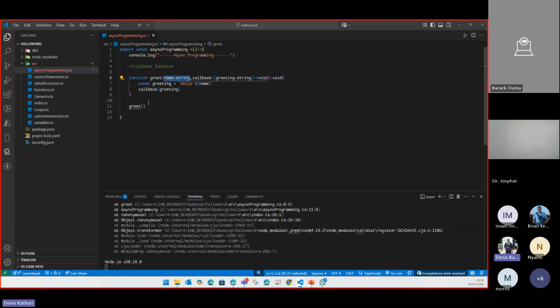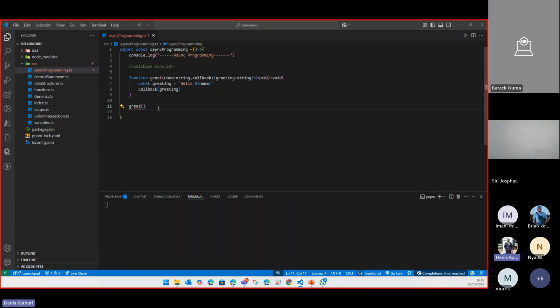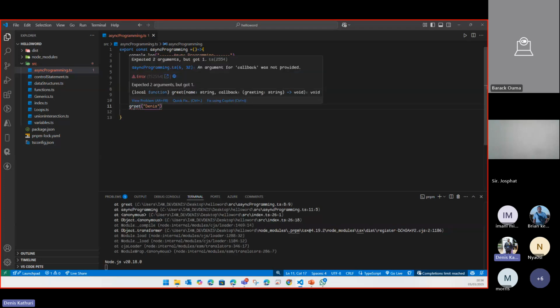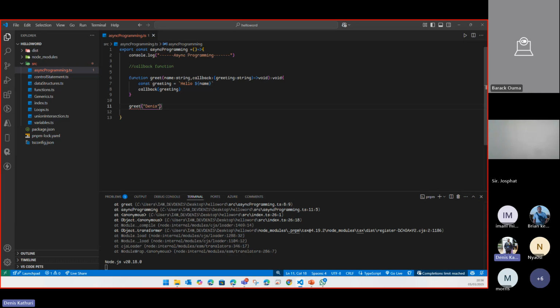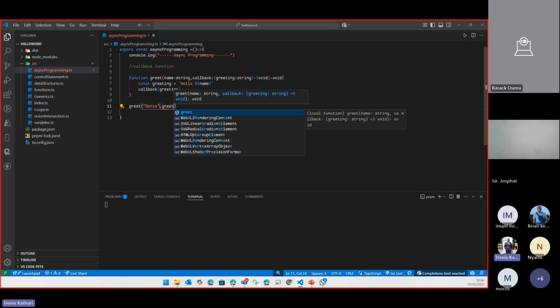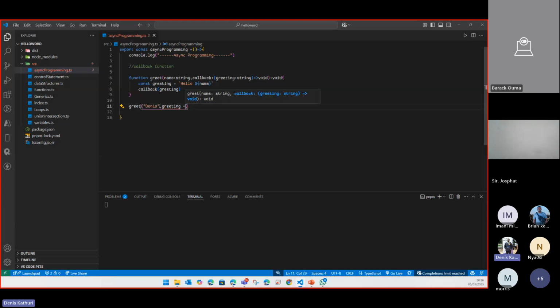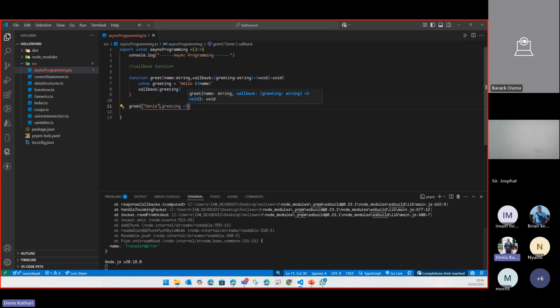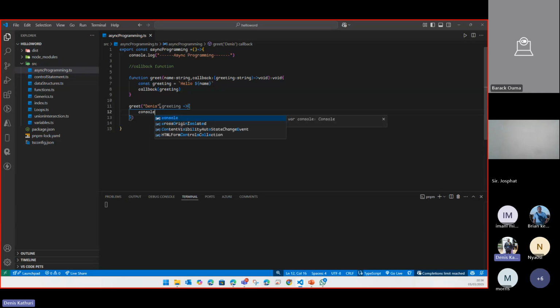The first argument is name. So let me pass my name as the first argument, which is Dennis. Then the second argument is now the callback. This is what we need to pass on my function, which is just a greeting, of data type string, which returns a void. So right here, I just need the comma, then I call my greetings callback function, which is an arrow function